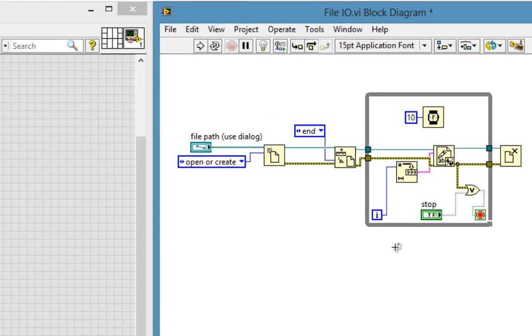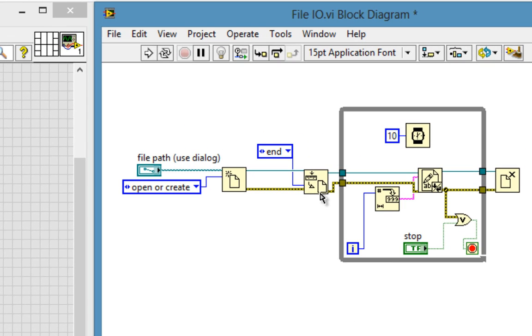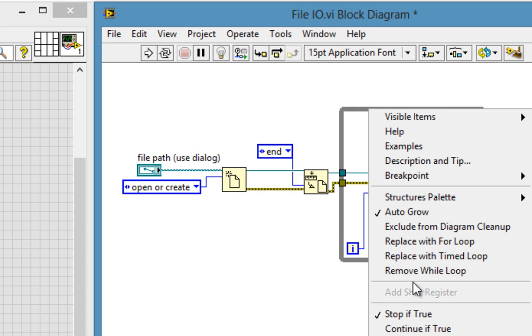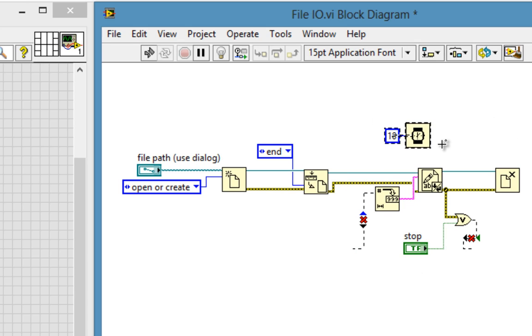Last time around we ended here, streaming to disk by appending to the end of the file and writing continuously in a loop. And we threw together these error clusters as well. But we really didn't talk about what they mean, so let's do that. To begin the discussion, I'm going to simplify things by removing the while loop, the timing,